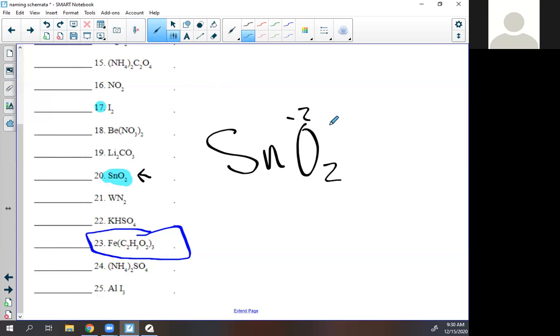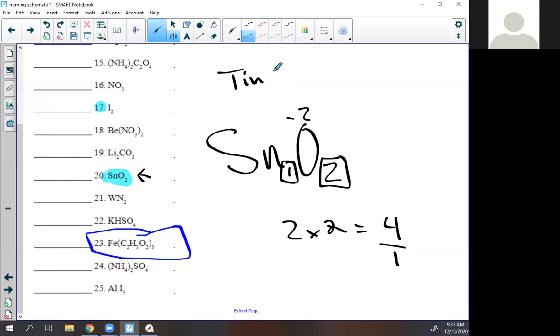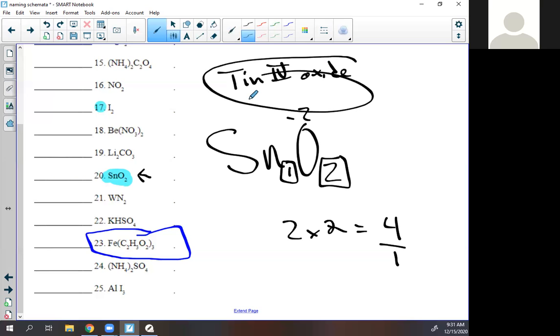So it says to take the number of these and multiply it by 2, divide it by the number of first ones, tin-4 oxide. Okay. The same deal applies. If you complete both columns and bring it tomorrow, I will show you